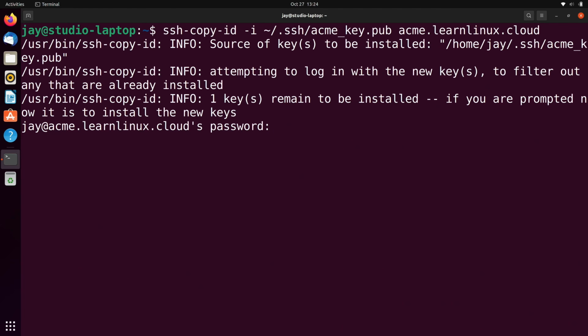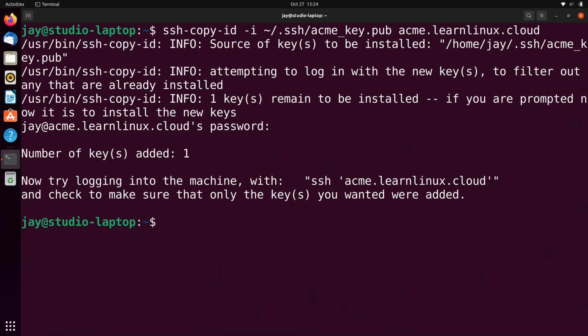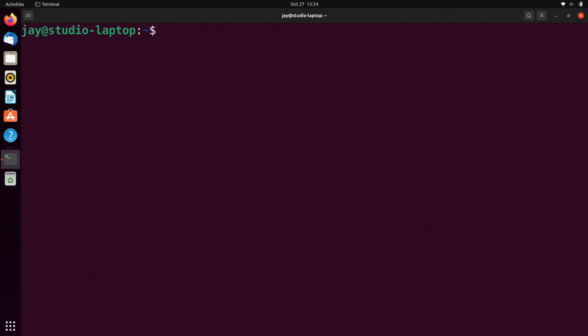So I'll type in the password for that connection. And it's telling me that the number of keys that have been added is 1. So it looks like we're good. Let's go ahead and repeat this process for the other servers. I'll type